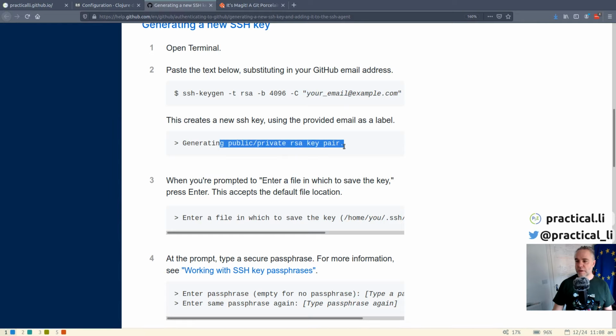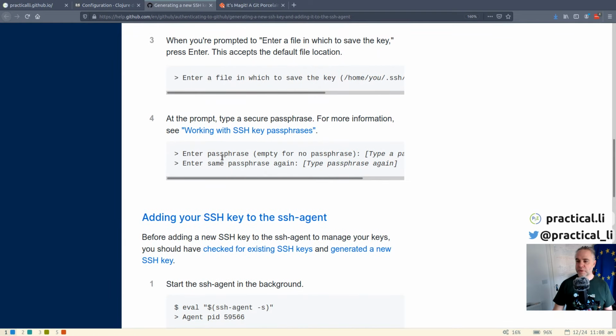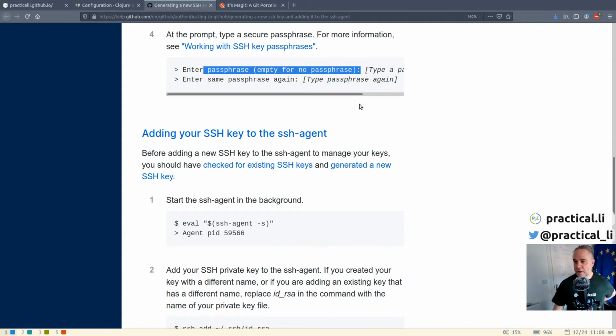This is going to generate a public-private key pair. And when you press enter, it's going to prompt you to enter a passphrase. This is like a password for the key. You could just press enter and not have a passphrase, but I always recommend adding a passphrase. It adds a little bit extra security. If somebody did get hold of your private key, then they could do damage with it if it doesn't have a passphrase. You do need to type the passphrase in the first time you use the key,